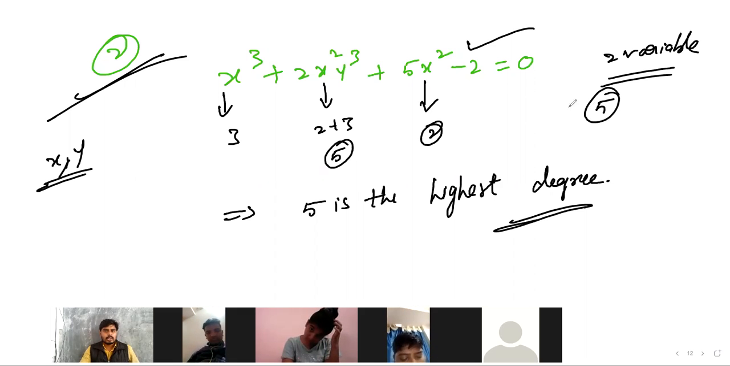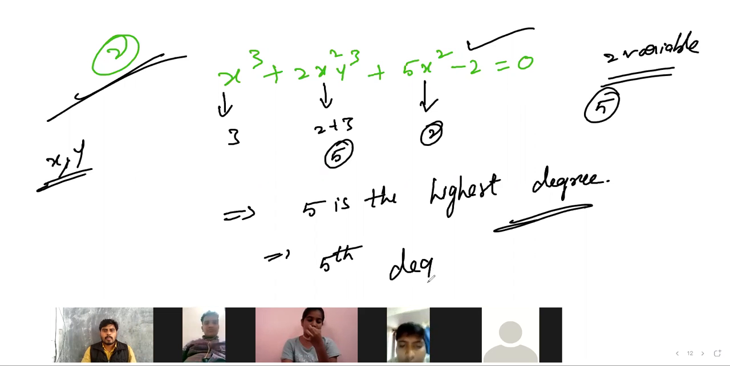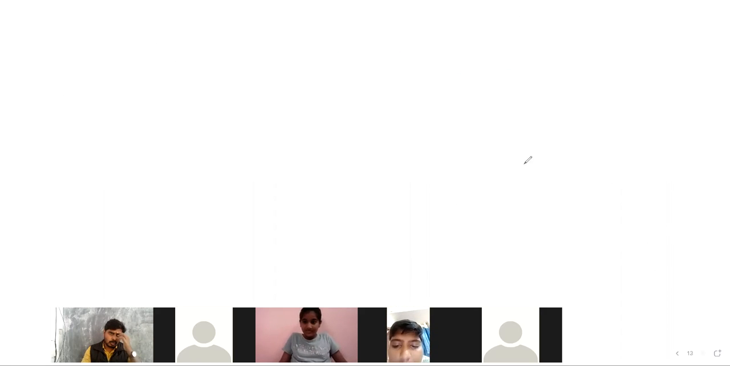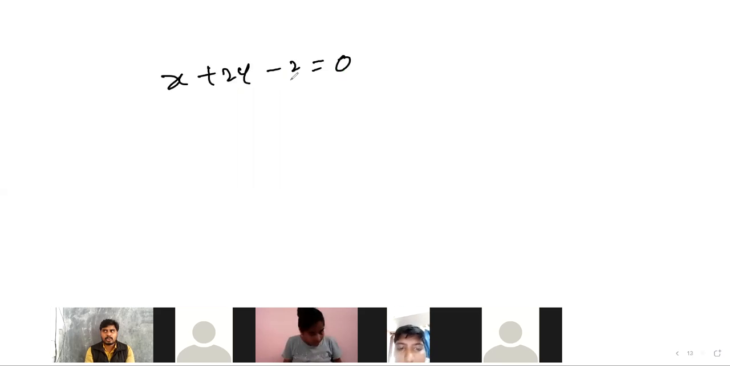5. So this is a 5th degree equation in 2 variables. What we call a 5th degree equation in 2 variables. As the same, suppose x plus 2y minus 2 is equal to 0 is an equation. So what are the